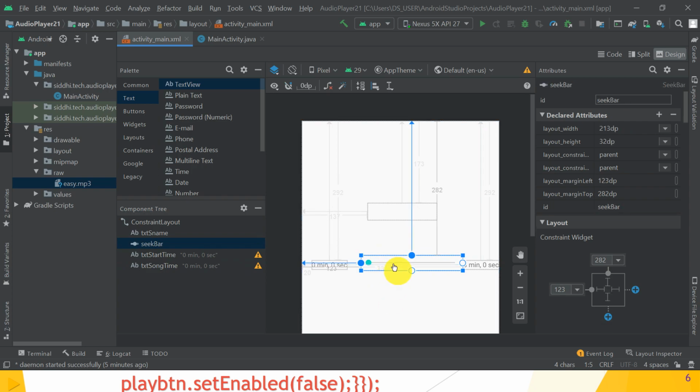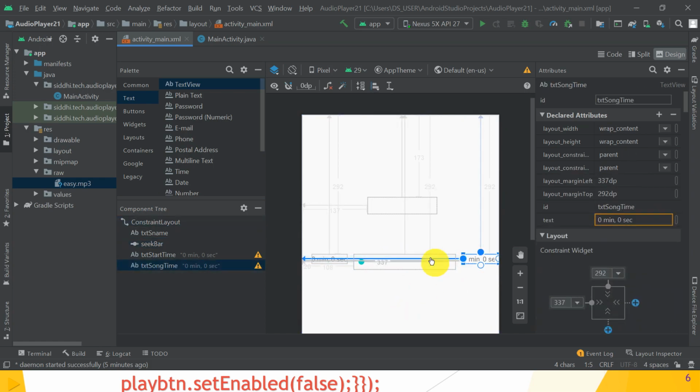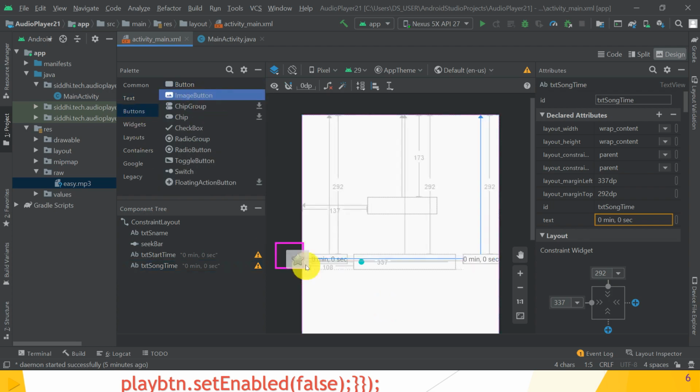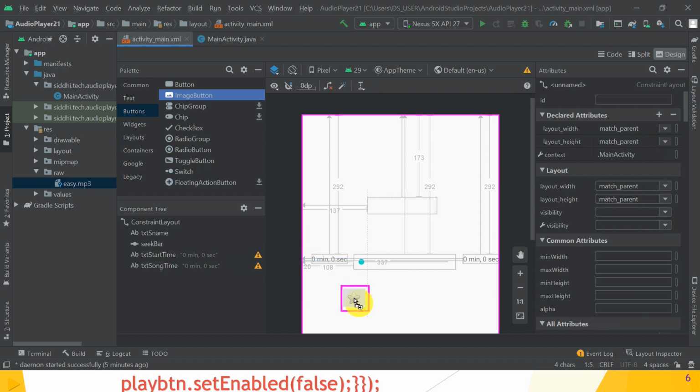Guys, hope you understand. Okay, so place your control views at the proper position. Now it's time to take image buttons for the play, and put it below the seek bar.